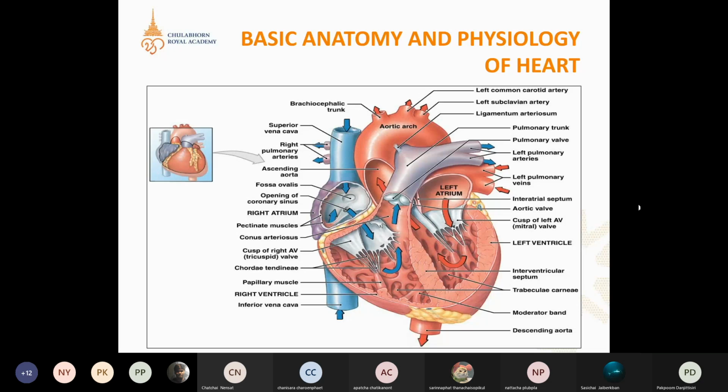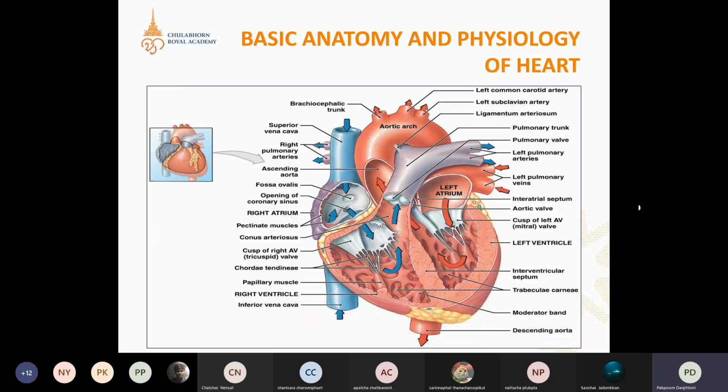The first thing I would like you all to know about basic hemodynamics is that you have to understand the basic anatomy and physiology of the heart. We'll go through this topic briefly to get the basic idea about the hemodynamics within the heart. Start with the blood, which is the oxygenated blood from the superior vena cava and inferior vena cava, and then the blood will go back